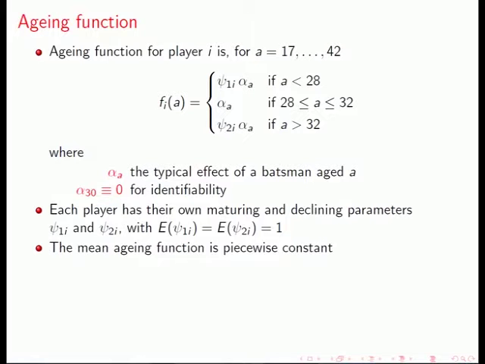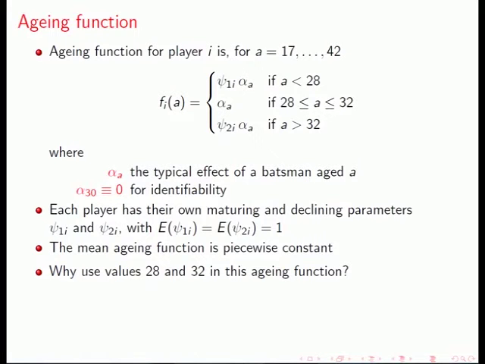Okay? And so we've got this piecewise constant. So we're going to be estimating these psis and these alphas. And again, for identifiability, we're going to think of the peak age as being age 30 in the middle of this interval here. So you might say, well, who on earth thought of this? Why is that relevant? Well,